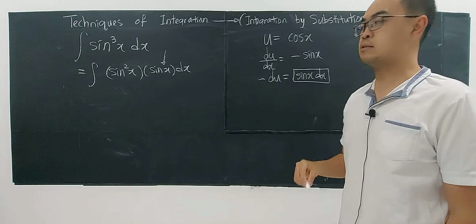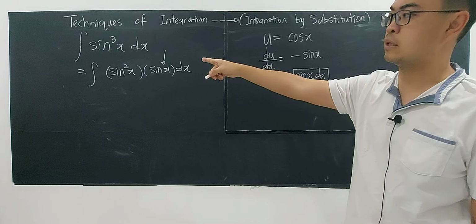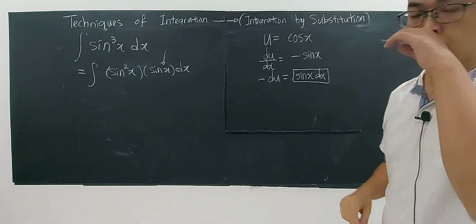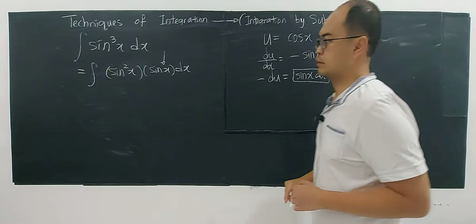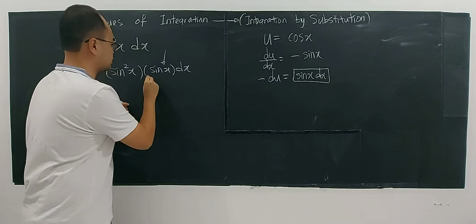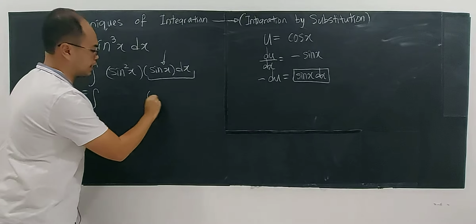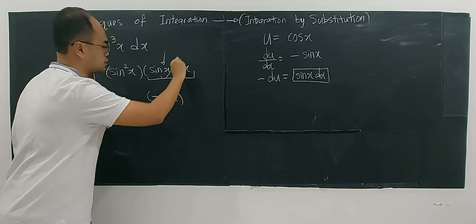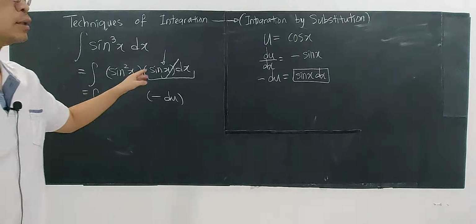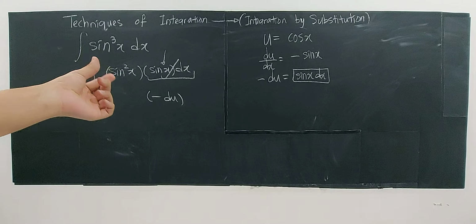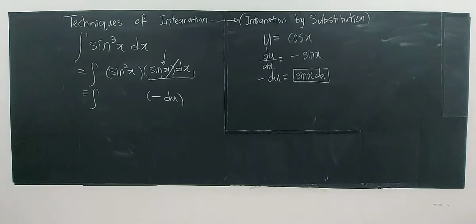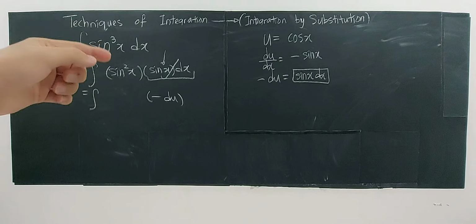But the student will ask, sir, if you're choosing cos x, there is nothing here you can replace by cos x. No, you have to think why. As for sine x dx, you can replace it by negative du. So this is done. But you say, teacher, there is no method to replace the rest. Why are you choosing u equals cos x? That's why we have to understand the